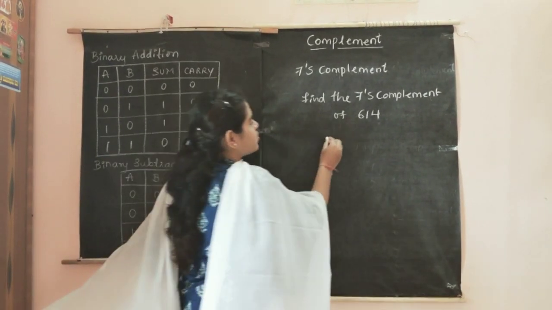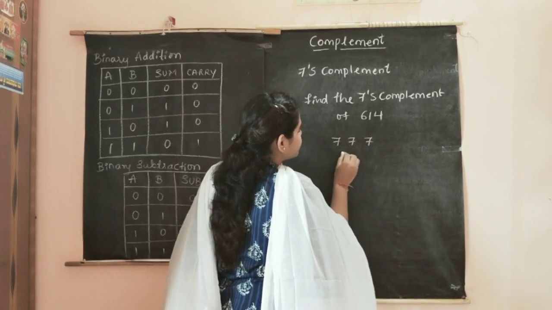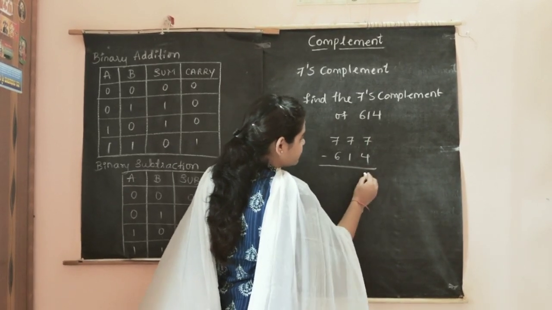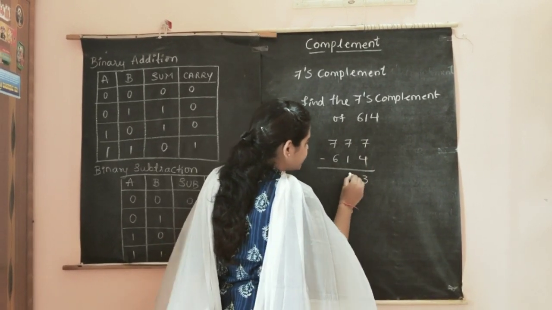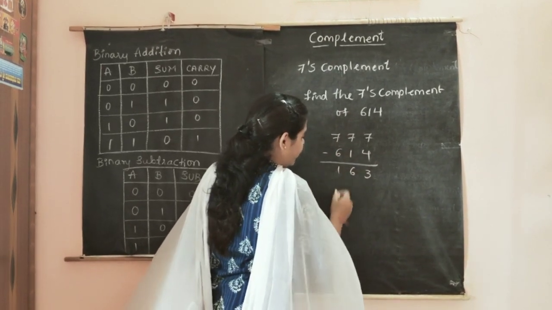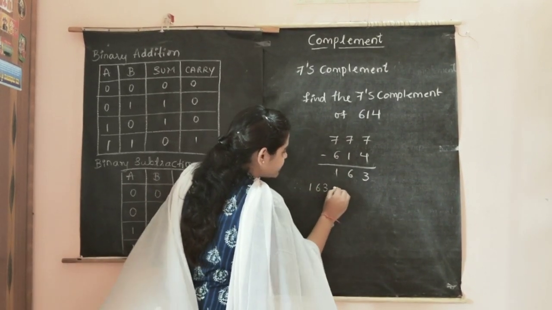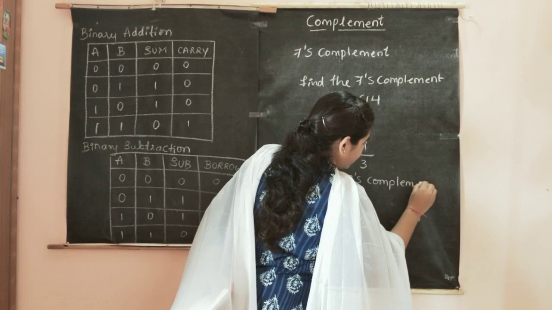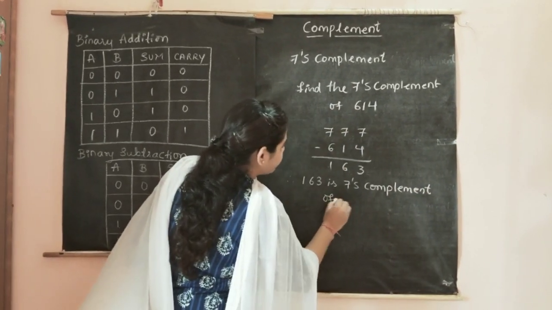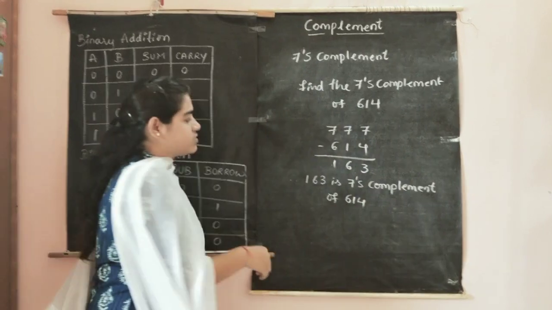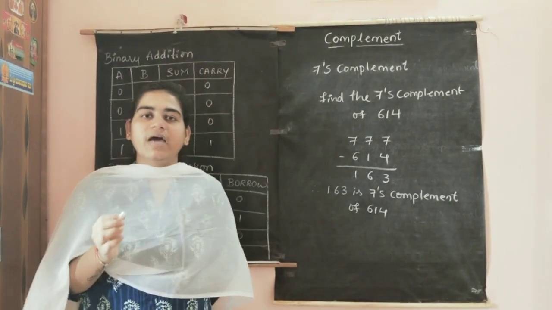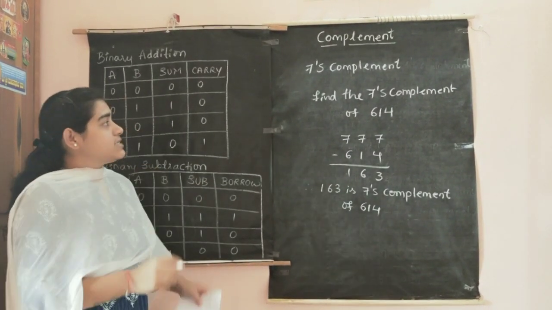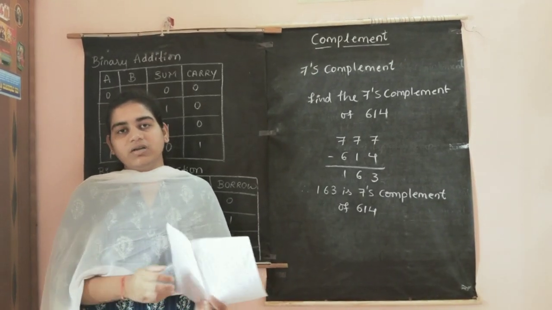So to find the 7's complement, we subtract each digit of 614 from 7. 7 minus 4 is 3, 7 minus 1 is 6, 7 minus 6 is 1. Therefore 163 is the 7's complement of 614. So in order to find the 7's complement, we have to subtract each digit of the given number from 7. Next we will move on to the radix complement of the octal number system, that is